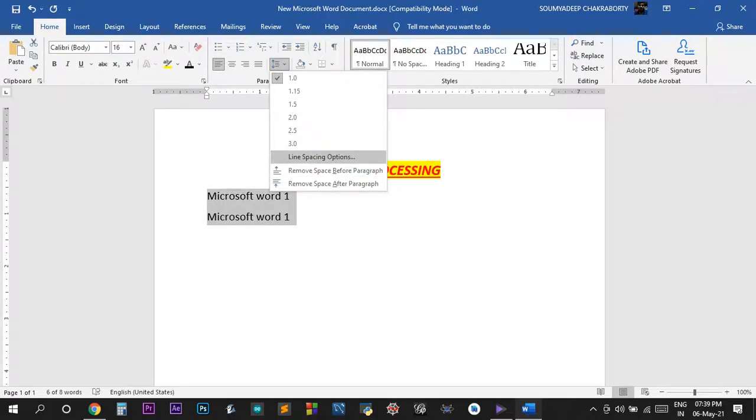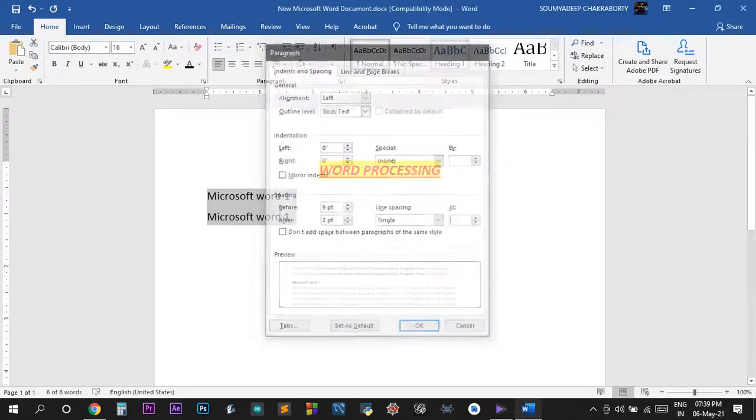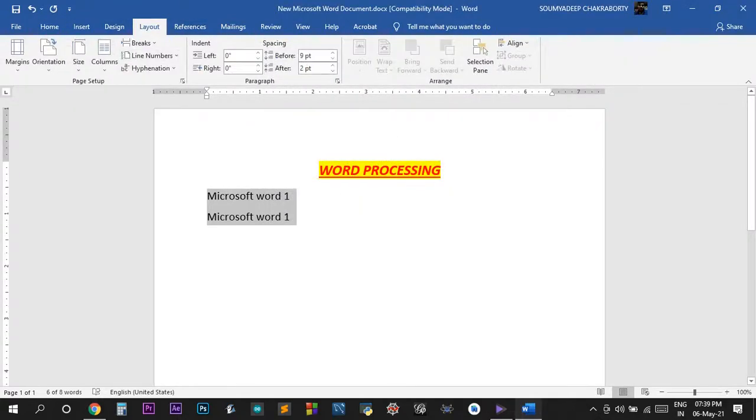Over there you can't get that custom option, but rather than looking into this, you can choose the layout option, and over here, see the paragraph panel. This is the paragraph pane. Over here you can also increase the indent. See, if I give the indent like 2, and this double quotation mark will be needed.